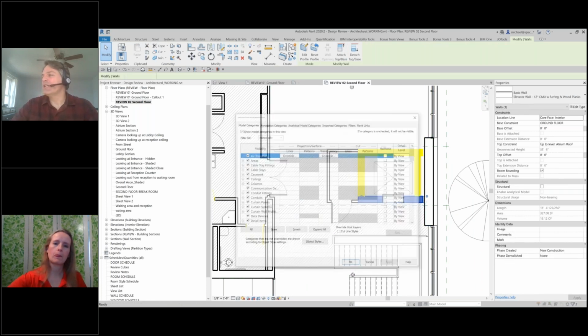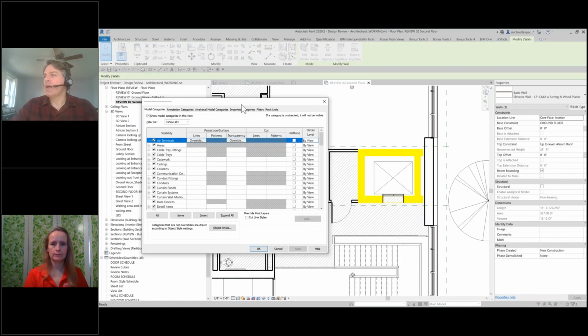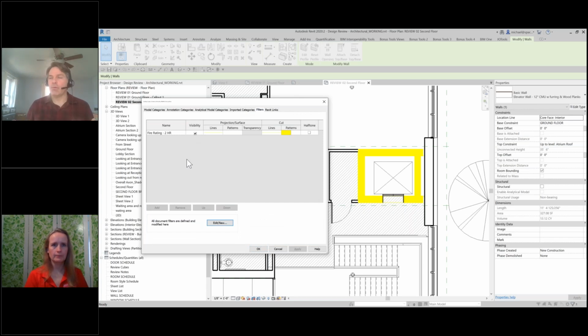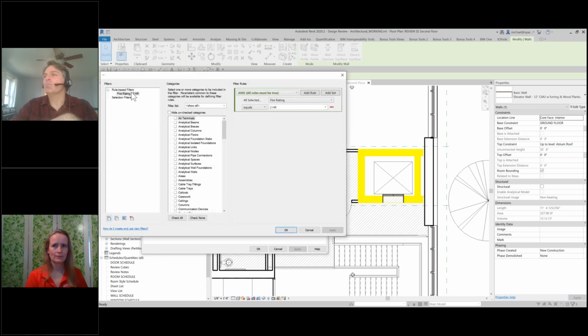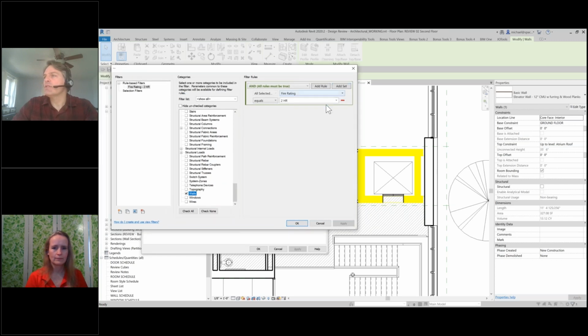So another thing we could do, and thank you for the reminder on that, is I could use filtering to filter my elements based on the element parameters. I do cover this in the course in a little bit more detail. The idea here is to use a filter to filter geometry based on a parameter. In this example, I'm looking at fire rating, so I'm looking at the doors category and the walls category. The filter is set so that if the fire rating of the walls or the doors equals 2 hours,